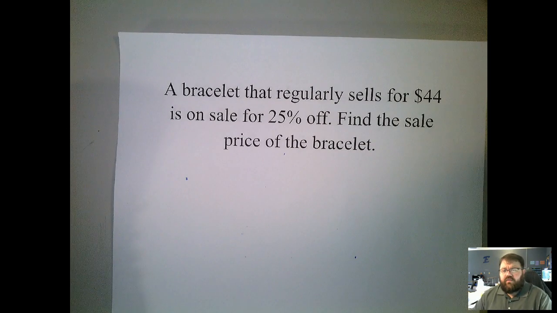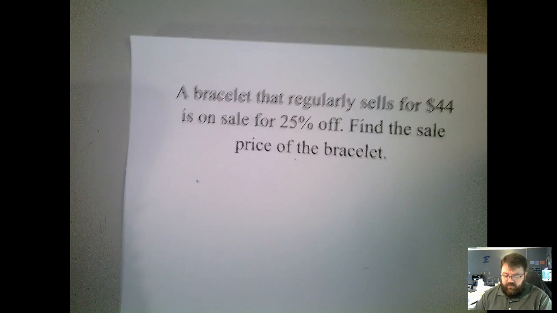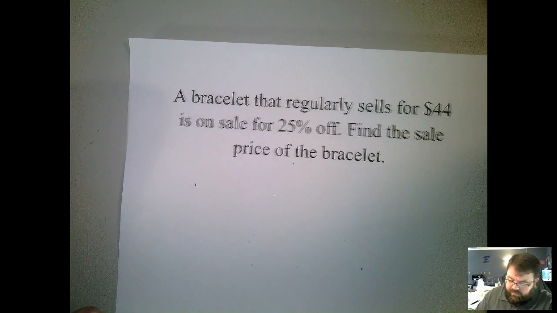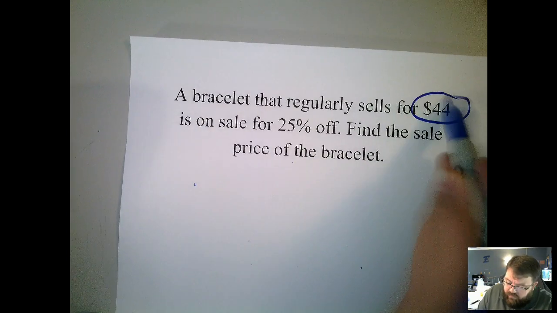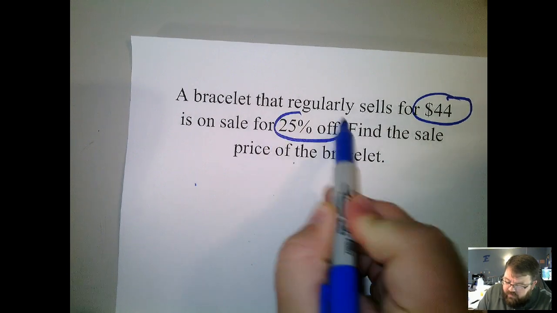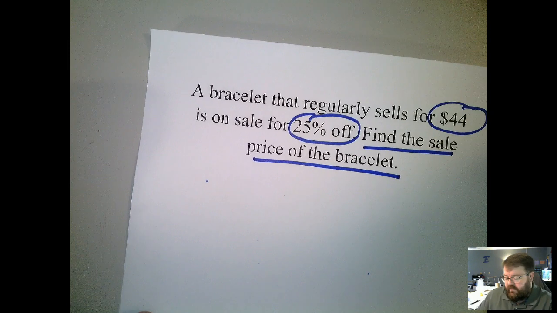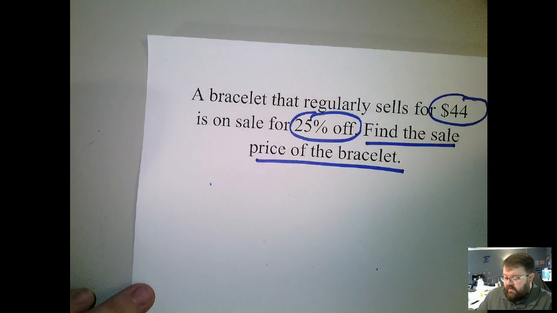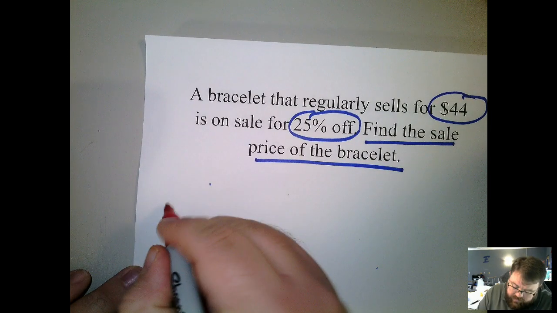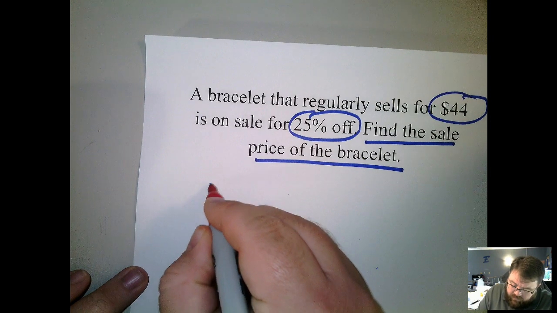A bracelet that regularly sells for $44 is on sale for 25% off. Find the sales price of the bracelet. So it's $44, 25% off. Find the sales price of the bracelet. Okay, so what I'm going to do with this problem is I'm going to take $44,